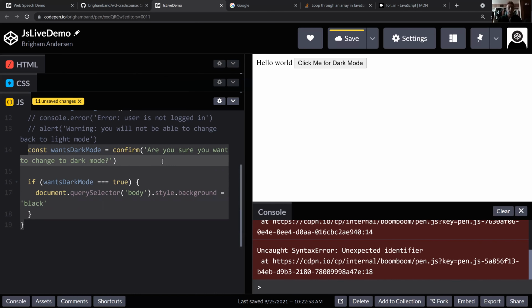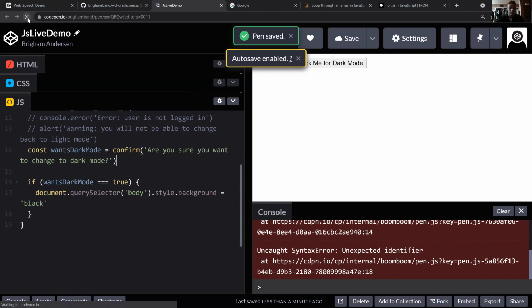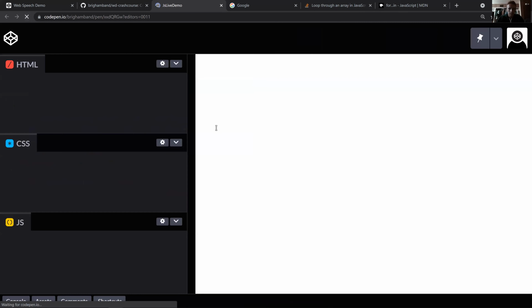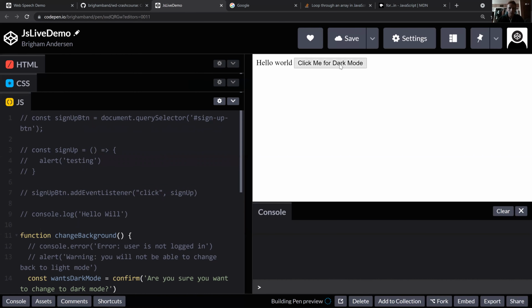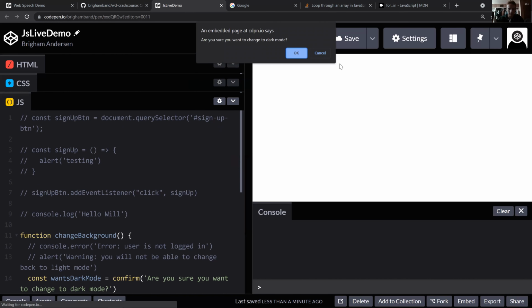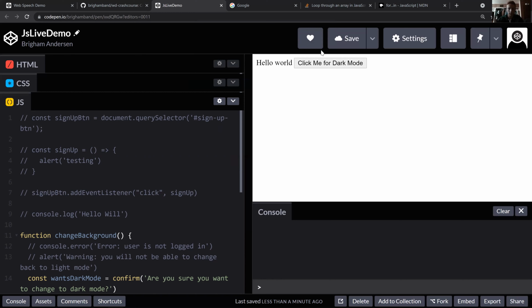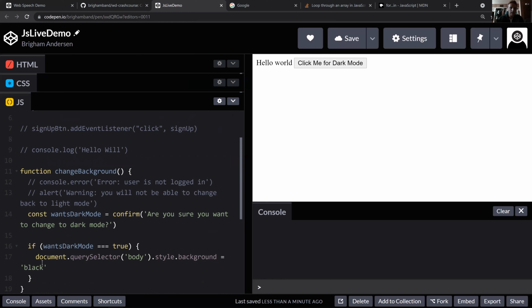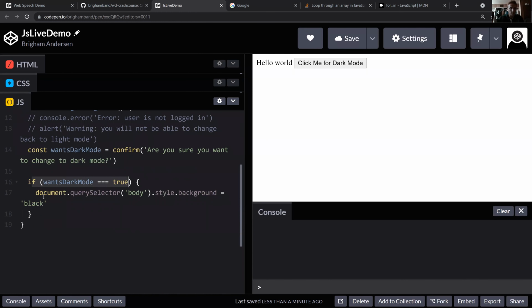So let's test this out. We'll go ahead and refresh the page just to make sure that everything loaded. Click me for dark mode. First test we want to do is if we hit cancel, does it stay white like it should? Hit cancel, excellent. It worked just as advertised because it said this value equal to false, and then this evaluated to false, meaning that it did not change the color. Now on the contrary, if we go ahead and click it,